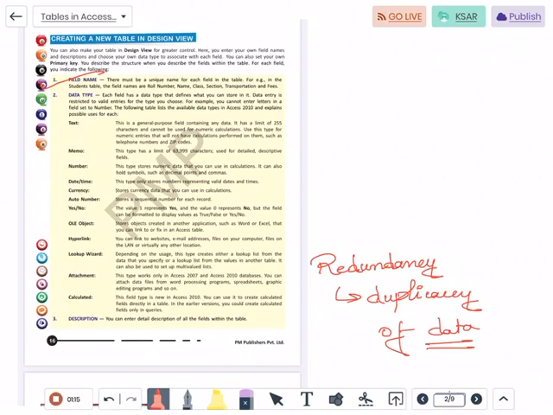Now why do we need a data type? Data type is nothing new to you all. You all have learned that in class 6 QBasic. That is, data type is basically that defines a type of data. Now there are different data types that are applicable in MS Access. First we start with text data type.